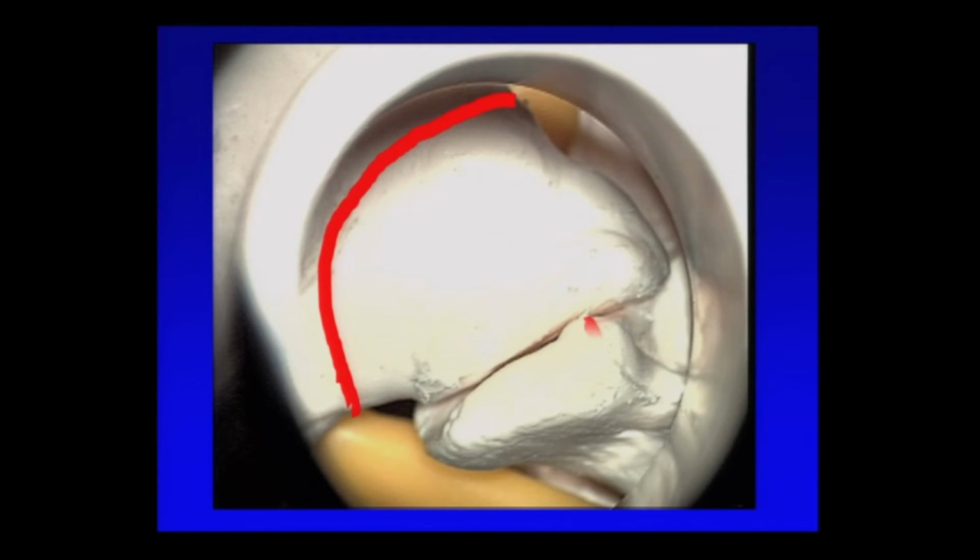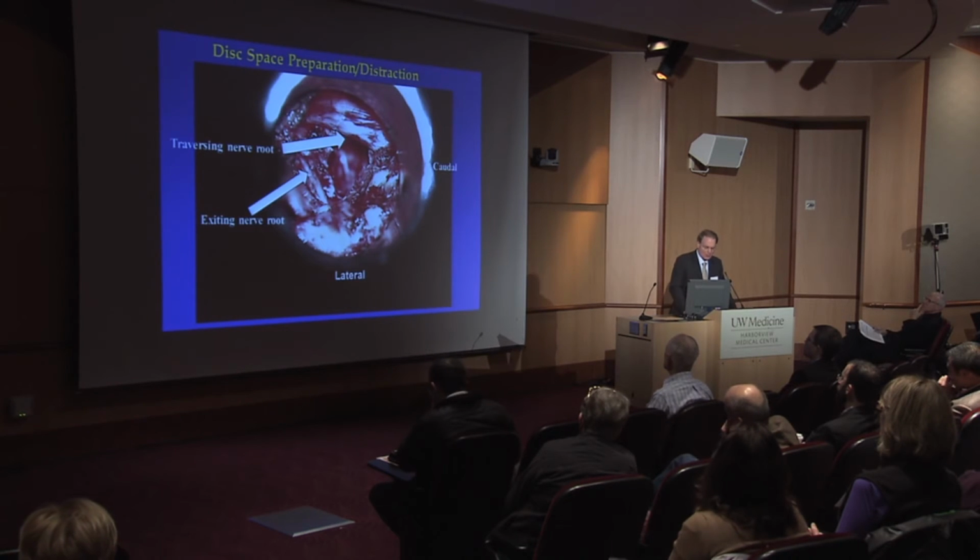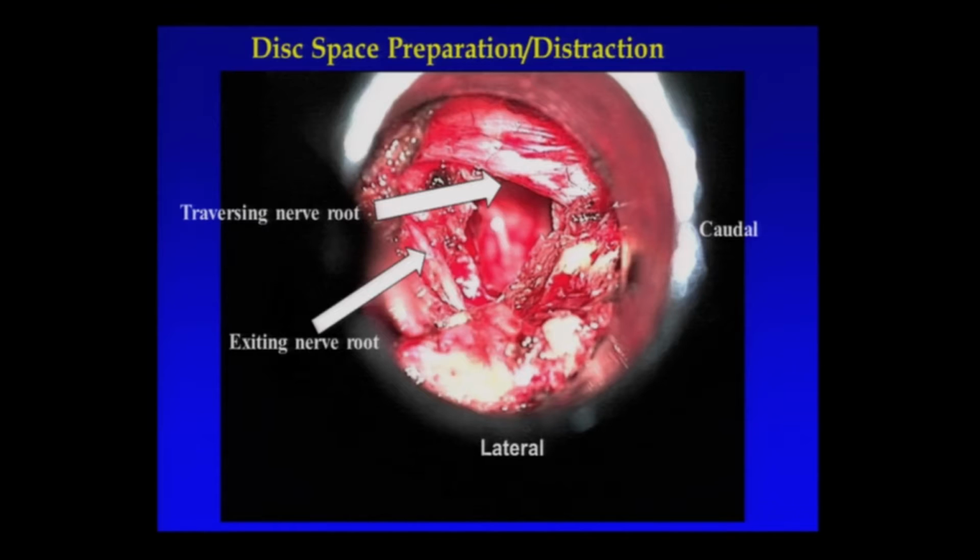And then those of you who do open TLIFs or minimally invasive TLIFs know this well. You've got to disarticulate the facet complex. Essentially, we make a cut at the junction of the lamina and the infraarticular process, a second cut across the pars, which joins that, and then cut across the superior articular process from the caudal level adjacent to the caudal pedicle. And this is what we're looking for, that nice window between the traversing root and the exiting root. Not everyone exposes the exiting root. I did in this case, it needed to be decompressed, but I like to at least know where it is so that we can respect it.